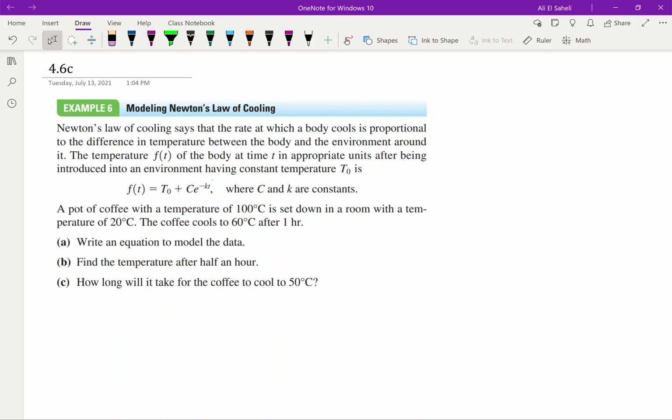In this section, we continue our discussion of the applications of exponential functions and logarithmic functions. Newton's law of cooling. As you recall, before when we talked about the growth model, exponential growth decay model, I